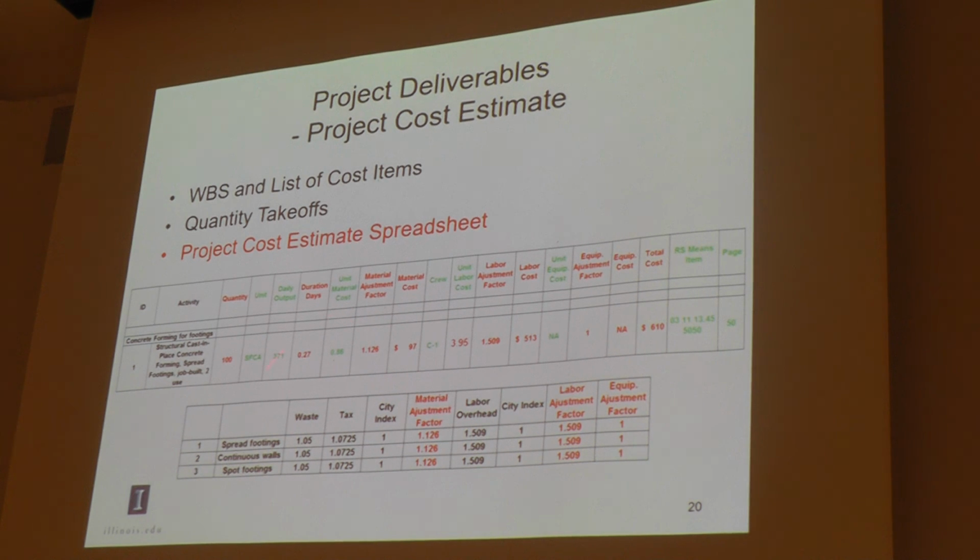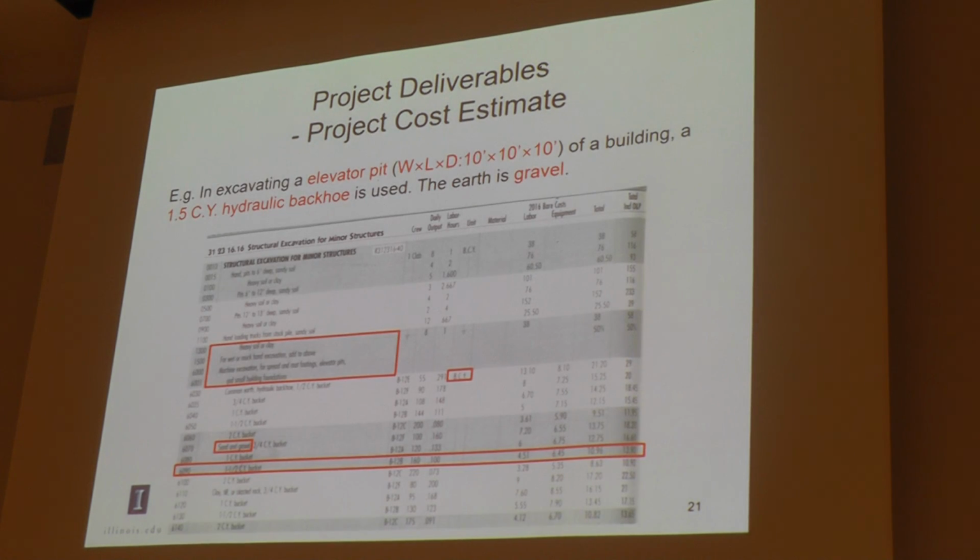So this is what we're going to do for the estimate. Here is an example of what we need, how we are going to find the correct items in the RS Means. For example, in here we're going to